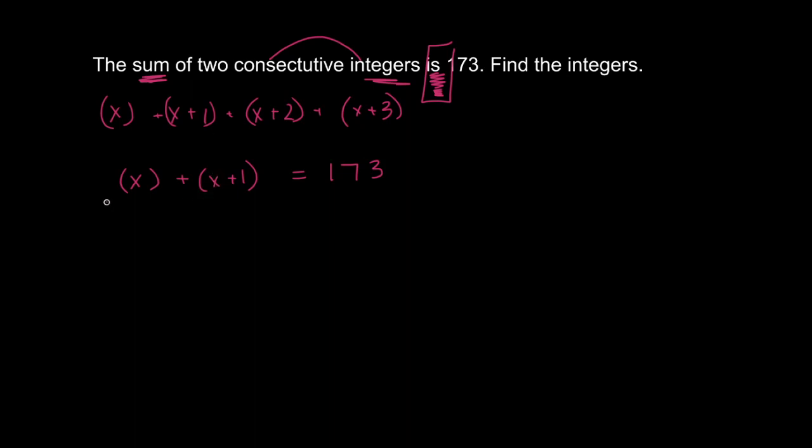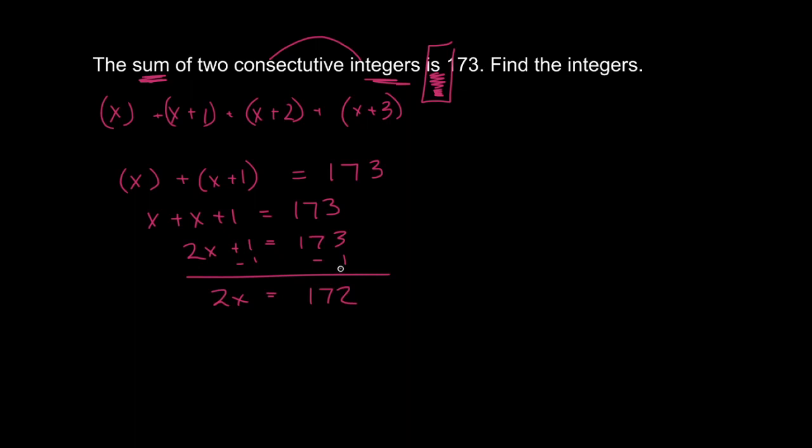Now, once you get to this point, you've set up the equation. Solving it is not quite as hard. x plus x plus 1 equals 173. So this is 2x plus 1 equals 173. Let's subtract the 1 from both sides, and that gives us 2x equals 172. And if you divide 172 by 2, you're going to get